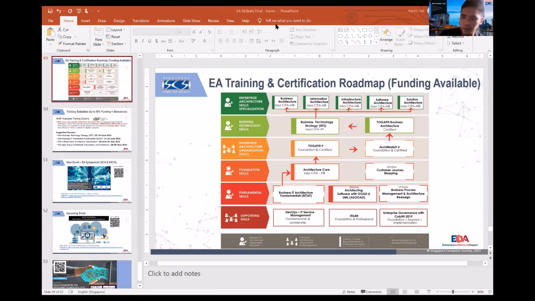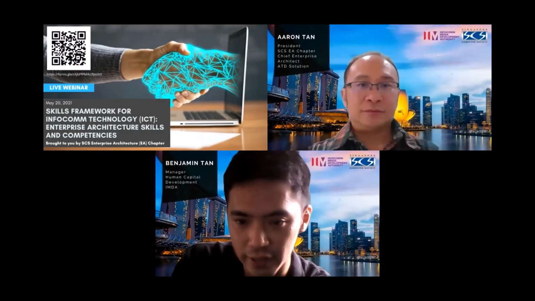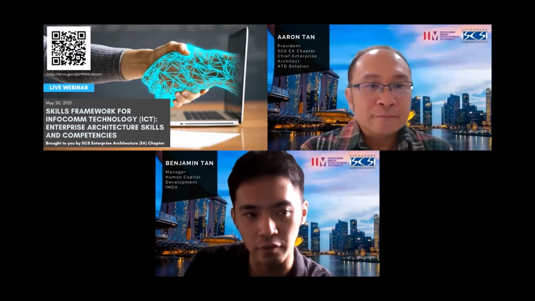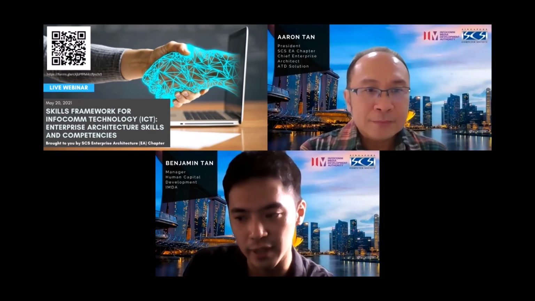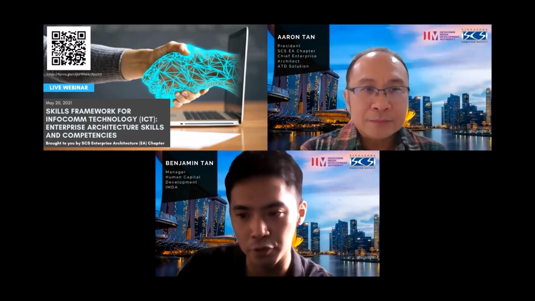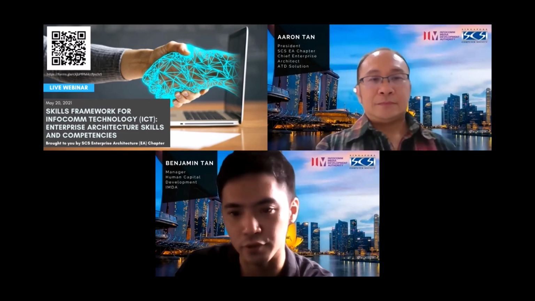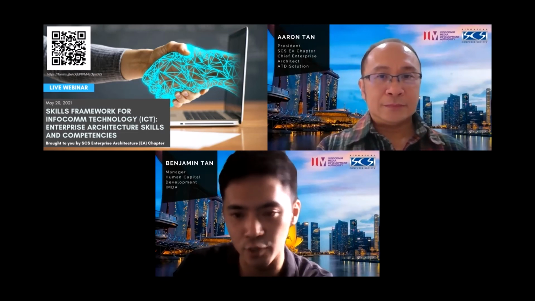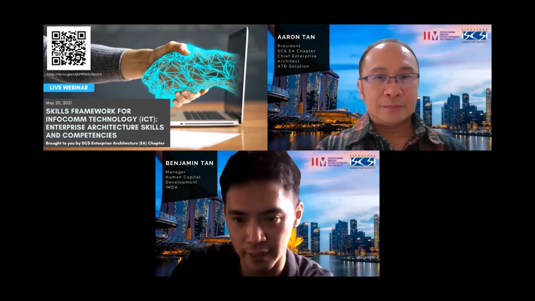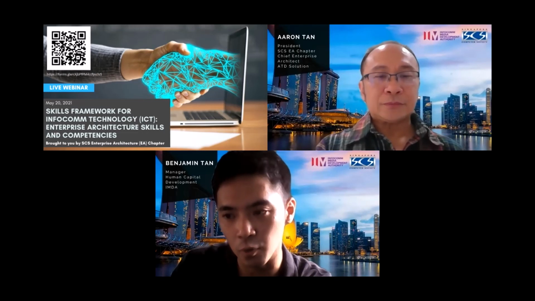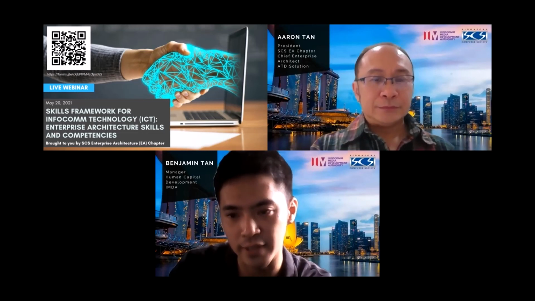Yeah, I guess for me, I hope the sharing on the skills framework for ICT is useful as a starting point to give you a better idea of how to interpret the skills framework, and what are the roles and skills that are included as part of it. And then from there, you can download more information, the documents that tag to every role and skill in the skills framework. So if you want to find out more, you can go to either SSG's webpage or IMDA's webpage, and then download documents from there to find out more exactly on what each role encompasses and what are the skills that are needed for each role.